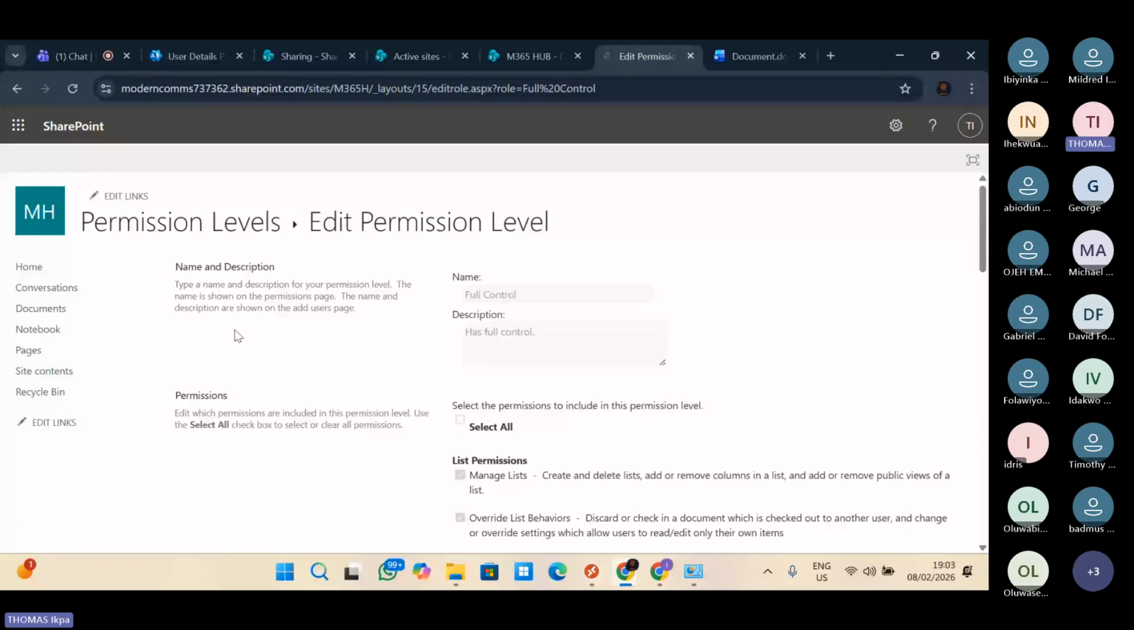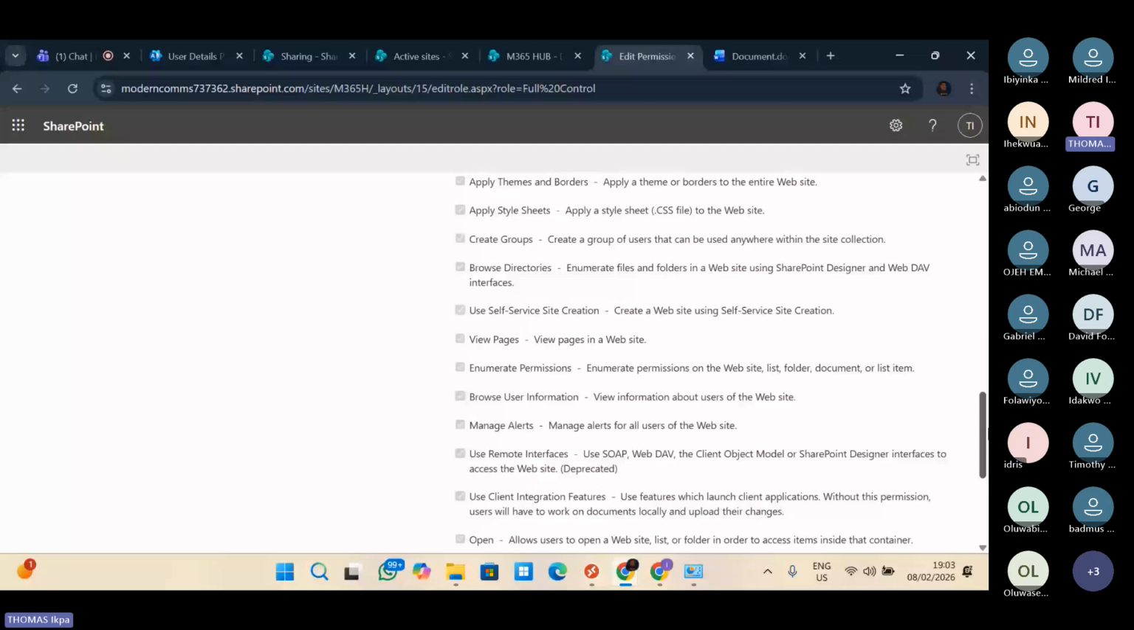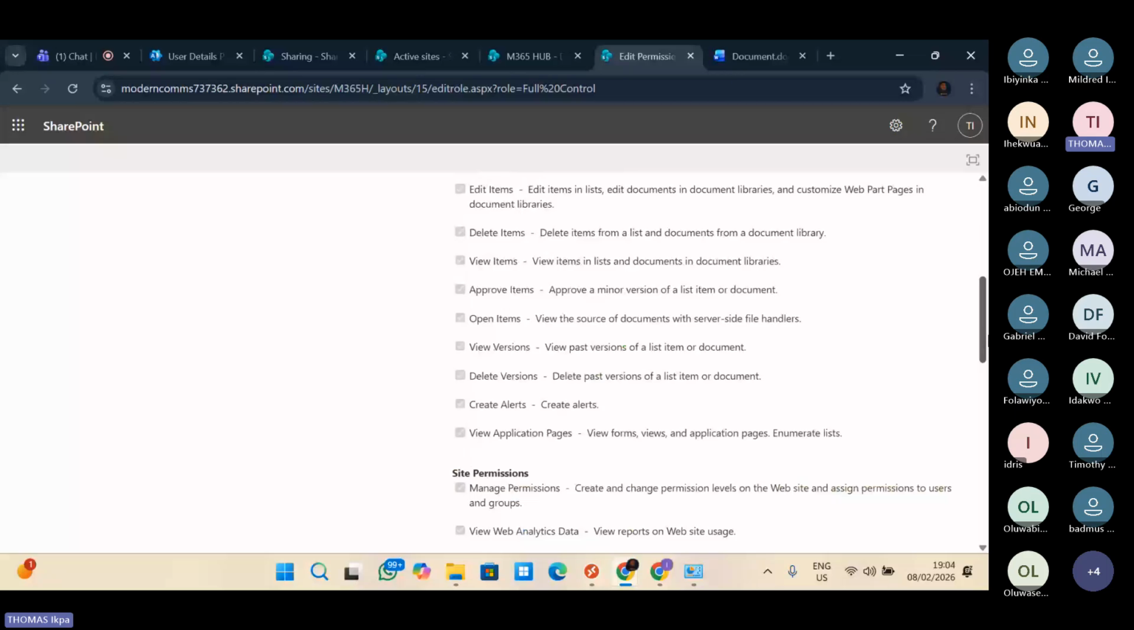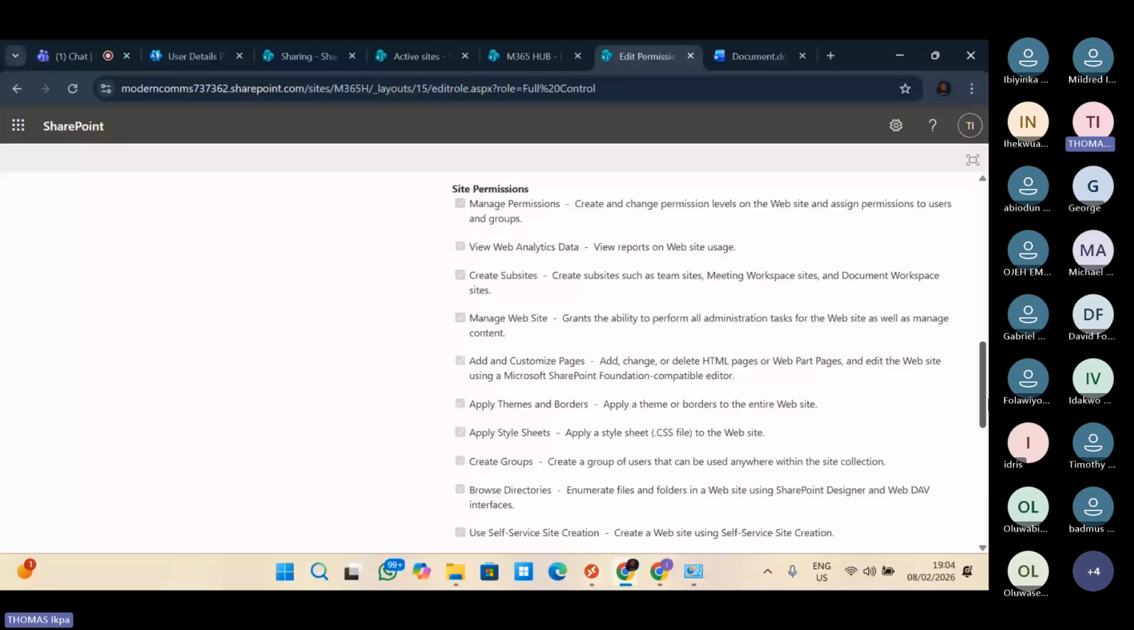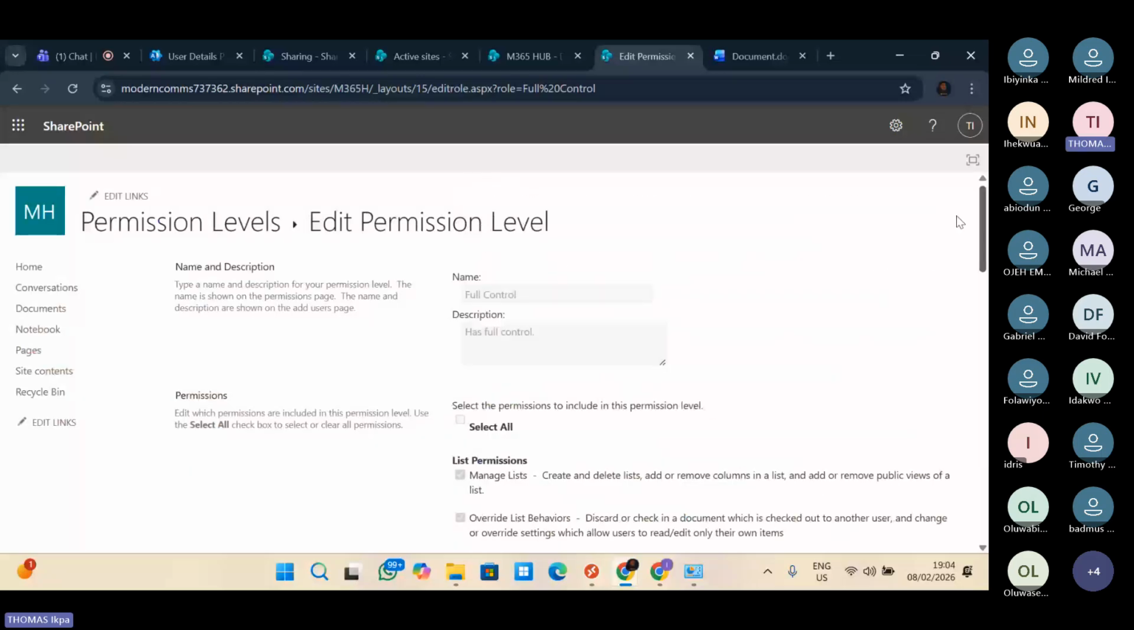what can full control do? If you look at it, full control can do everything. Everything. Look at it very well. You will see that full control is checked. And the funny thing is that it's grayed out, which means that you cannot change anything. You cannot adjust anything on full control. Right? Now we have,